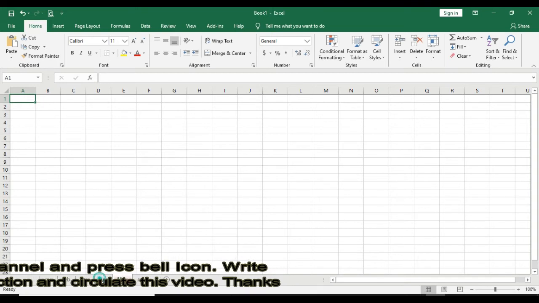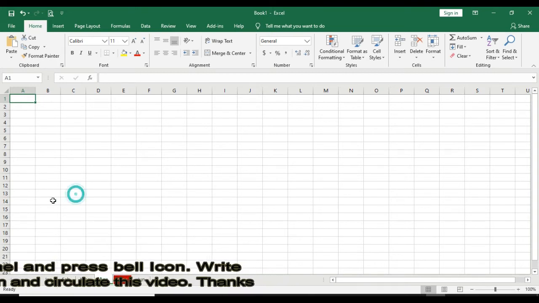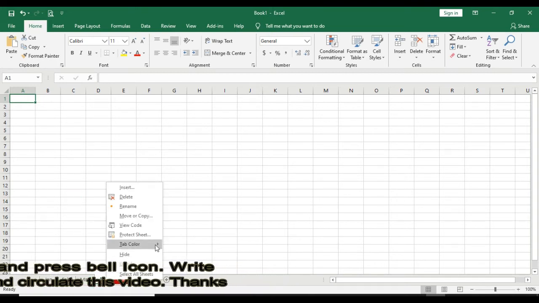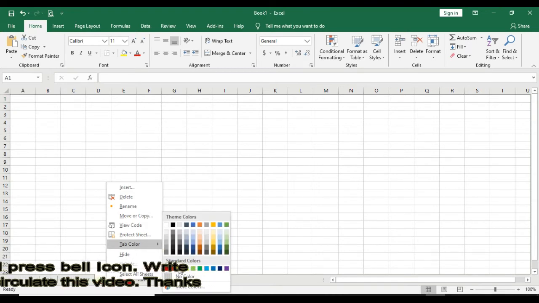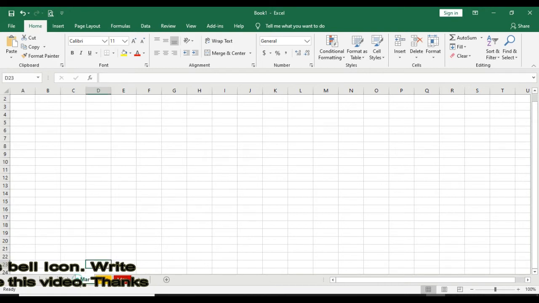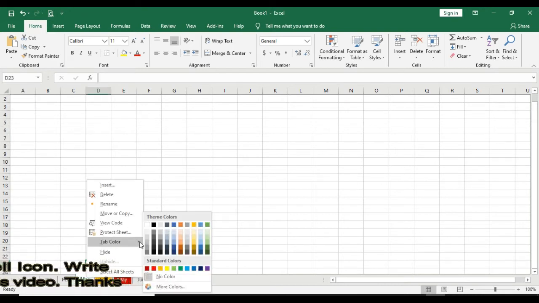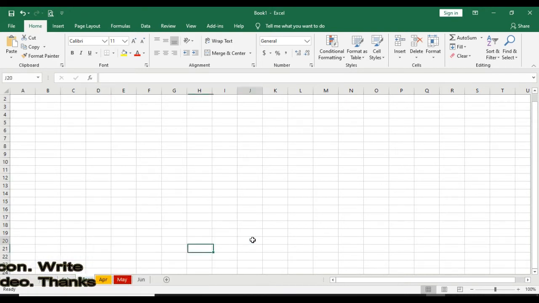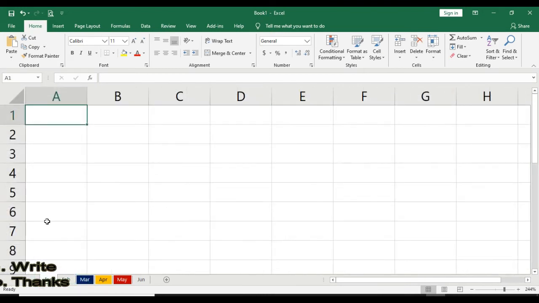See, the tab color is changed. Suppose for April you want yellow, so you make it yellow. You want to make this one blue. Done. So this is how you make the colors of the sheets different.